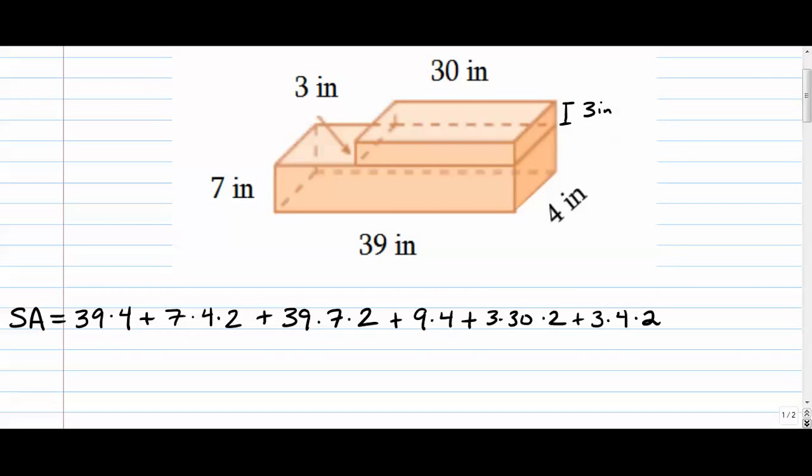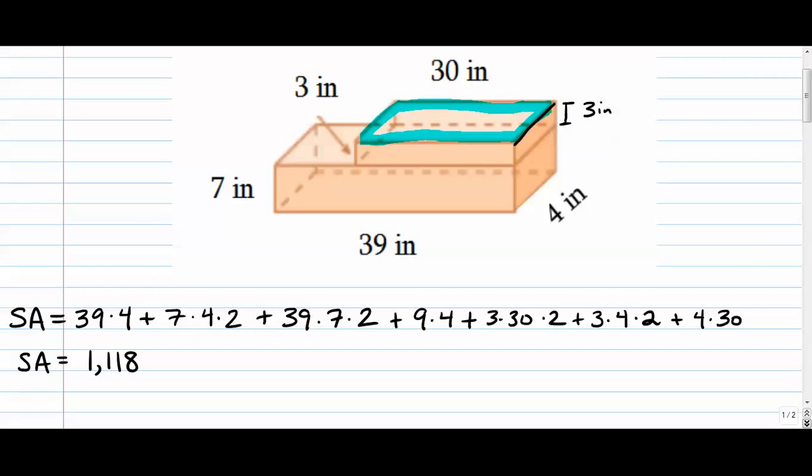And last but not least, we are looking to find the area of the lid, or the very top of this thing. That is, of course, a rectangle, and this is 4 by 30, 4 times 30. So if you multiply all that out on your calculator,